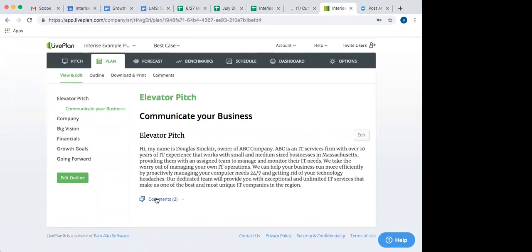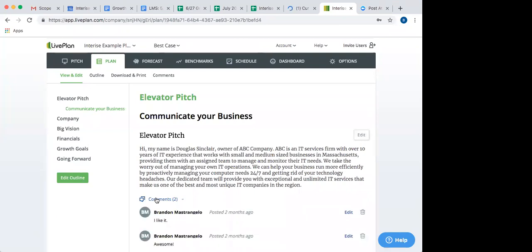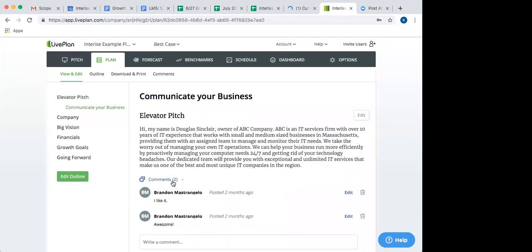And then again, you can get feedback. So the way that this would work when you're in your class, if you guys would have done this during your program, your instructor would have access to your plan while you're in the Emerging Leaders program. And your instructor would be able to come in here and just quickly make comments. So this would do away with how you guys did it last year when you were emailing a version of your plan back and forth to your instructor. So all feedback could be given right here in the software, and you would get a notification in real time saying your instructor made some comments.